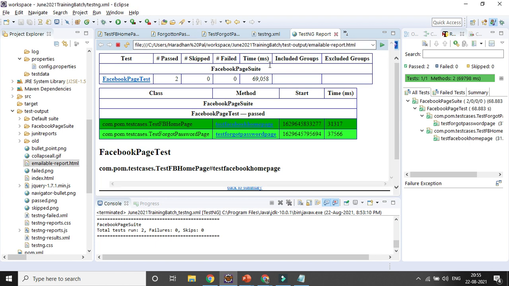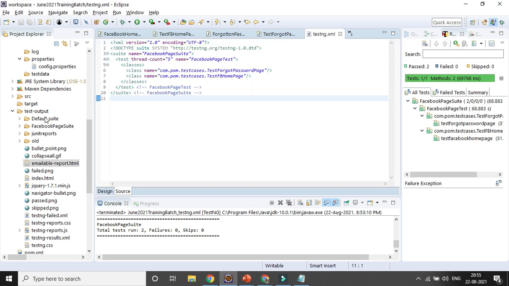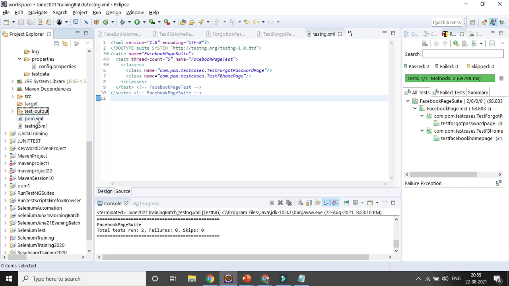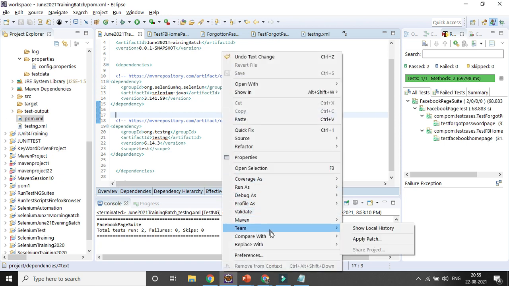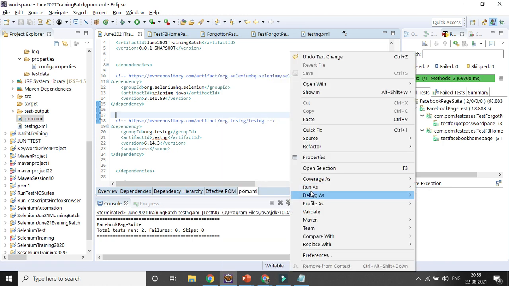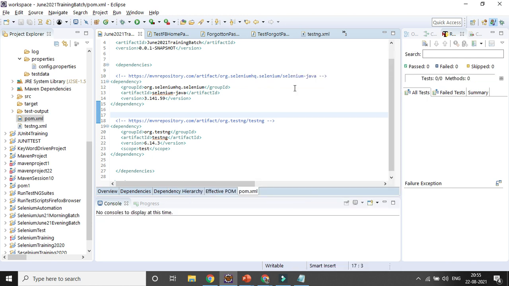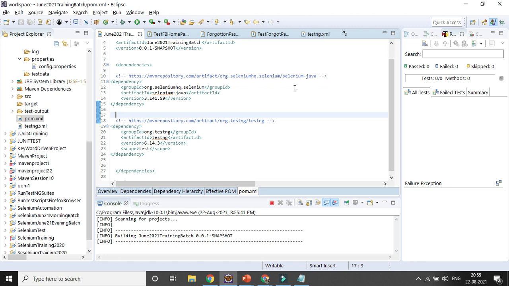Now I want to run from my Maven, right, which is nothing but the pom.xml file. If I want to run it from here, definitely it will fail because I need to add the Surefire and other compiler plugin, right, if I want to run it from Maven test. So let's try to run it with the help of Maven test. It will fail. So you need to add the Surefire plugin and Maven compiler, right? So I will be adding it. Let's fail it first. So that's why I can run it from the pom.xml file as well. So that is the beauty, right? I can run it from anywhere.